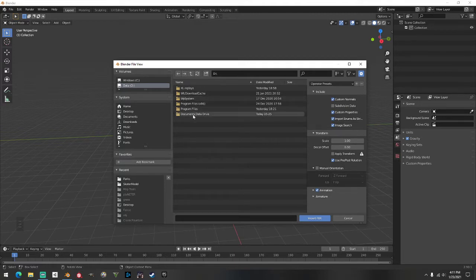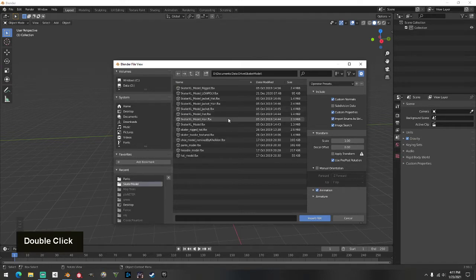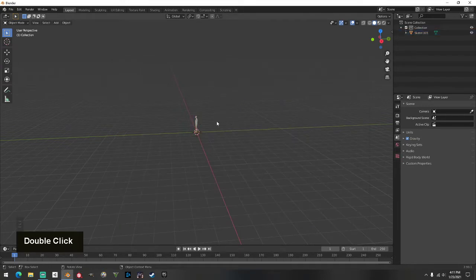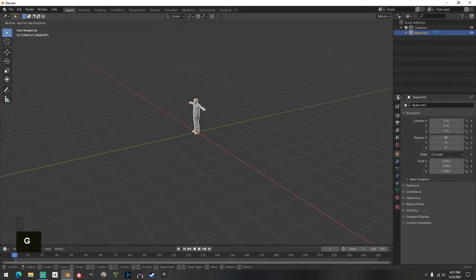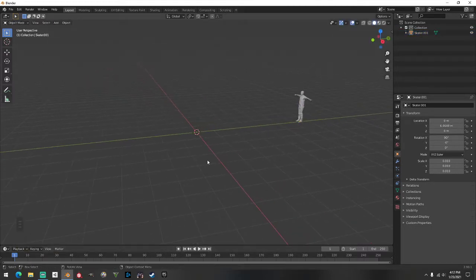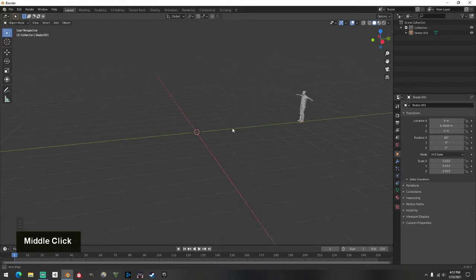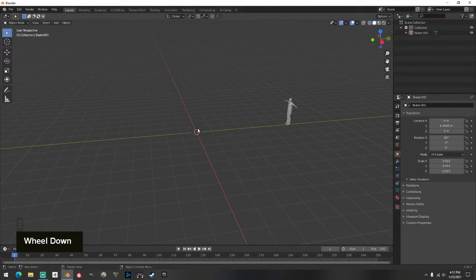But anyways, we'll grab our low poly model, which is also on the Discord, and you should have this already from the first couple videos. So we have our skater. I like to grab him, G, Y, move him out the way. I did get a new little program down here to help with buttons and stuff, so hotkeys should be a little bit easier now. So let's